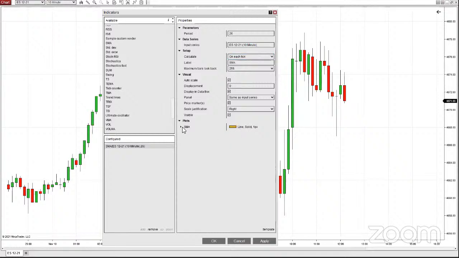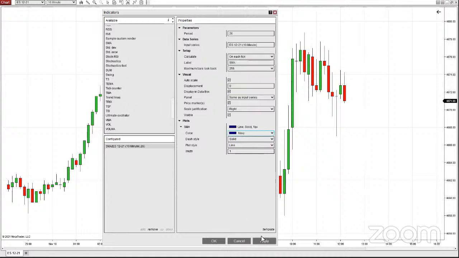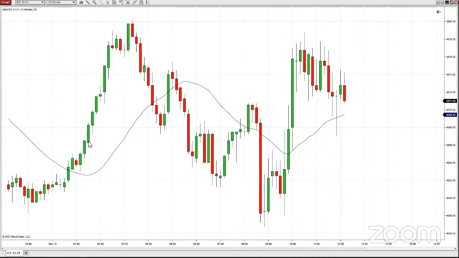And I'm also going to change the color because I know gold's not going to show up very well today. We could do Dodger blue, regular blue, royal blue. I'm going to do navy blue. It'd be easier to see. I'm going to hit apply and OK, and it adds this smooth line, right?